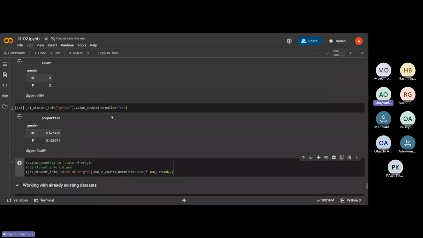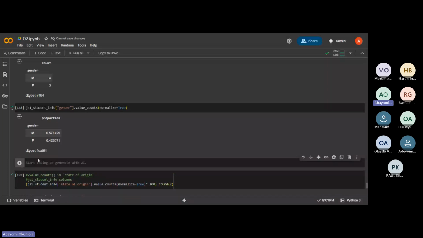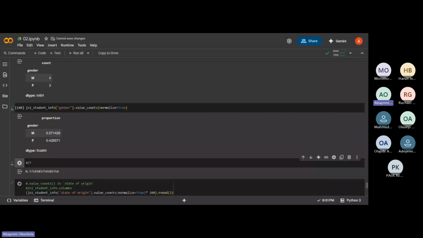If you do 4 divided by 7, what do you have? Let's use Python. So 4 over 7, what will it give you? You can see 0.57. So that is what you have here.